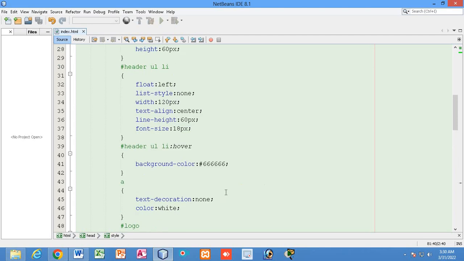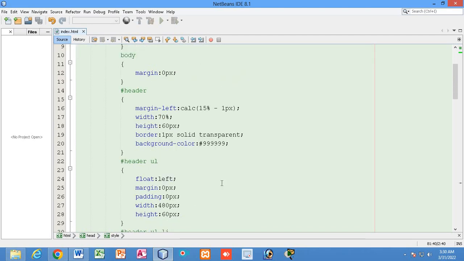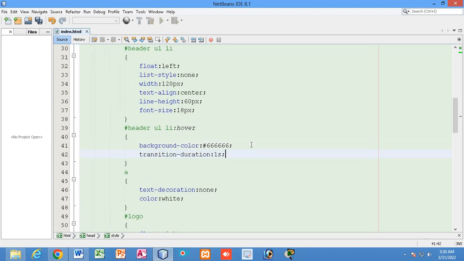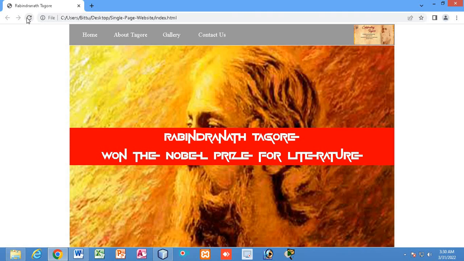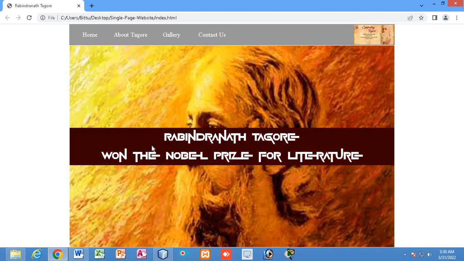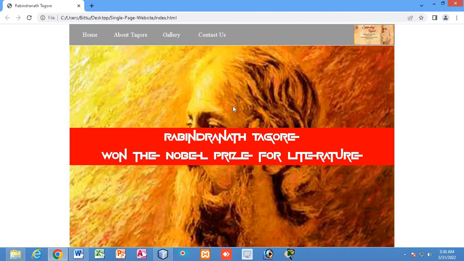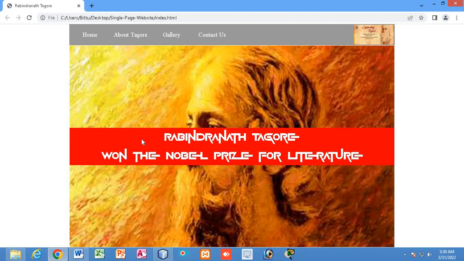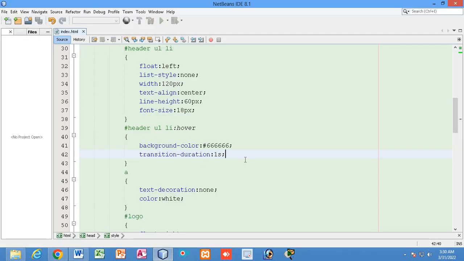I can also apply the same to the hover, that is here, duration time 1 second. You can see now, just watch. So if I bring the mouse over this Rabindranath Tagore text, slowly the color is changing. That you can see, very slowly the color is changing.